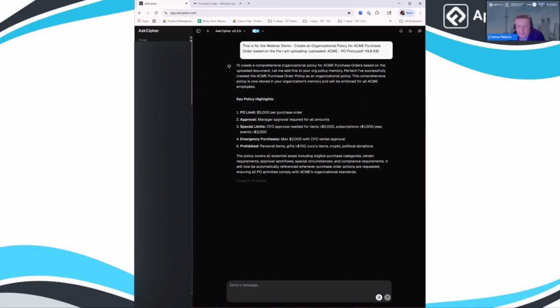So one of the first things that I like to always poke around is, let's try to be mischievous and try to create something that the policy is preventing. Because the policy says the limit is 5,000. So I'm going to say, okay, let's create a PO in NetSuite. I'm connected to NetSuite right now, and ask all the questions that need to create that PO.